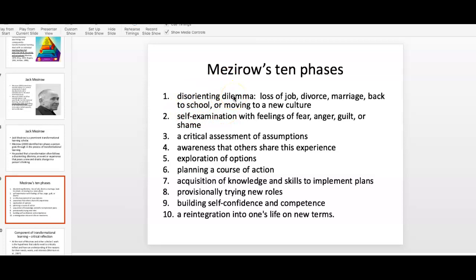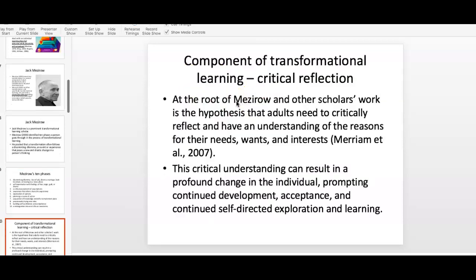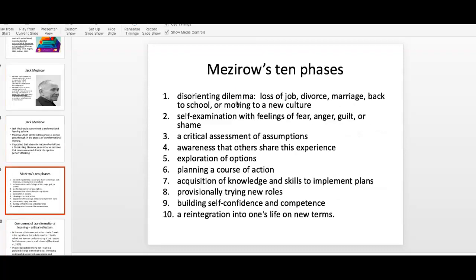I'd lost a job, things were kind of falling down around me in my life, and that started a pretty dramatic transformation in me, but it all started with this, a disorienting dilemma. So what does that mean? So we have this dilemma. Something happens to us. We don't know how to move forward with it because it's so profound. So what do we do? We start examining. We have all these feelings. We take a critical assessment, and I'm going to come right down to the bottom, a reintegration into one's life